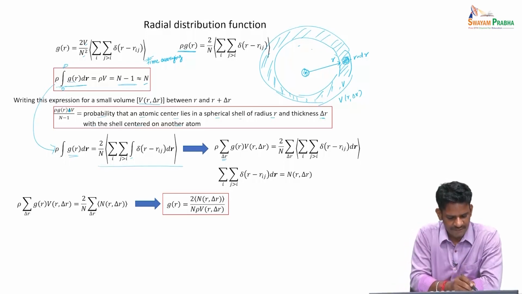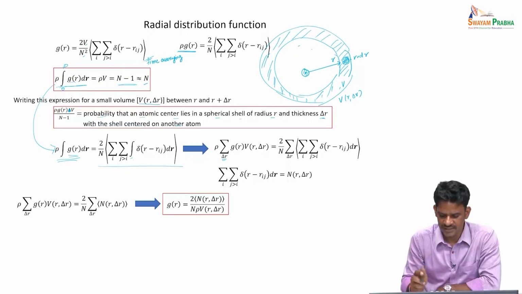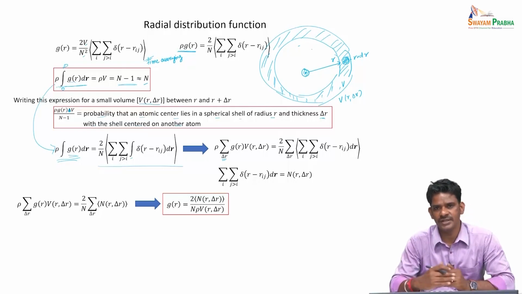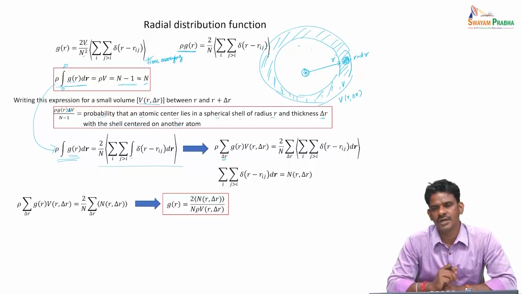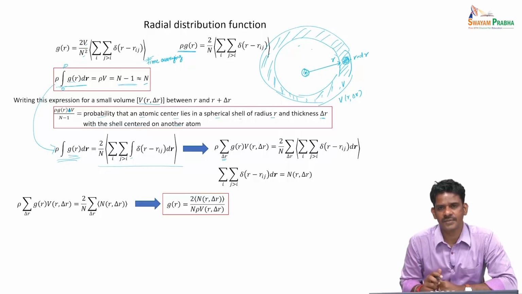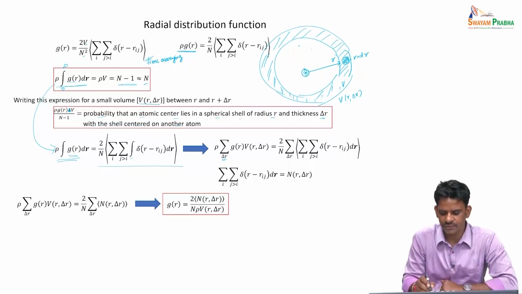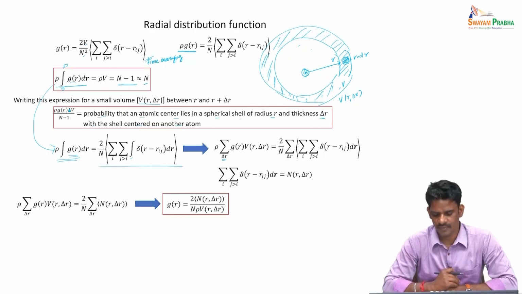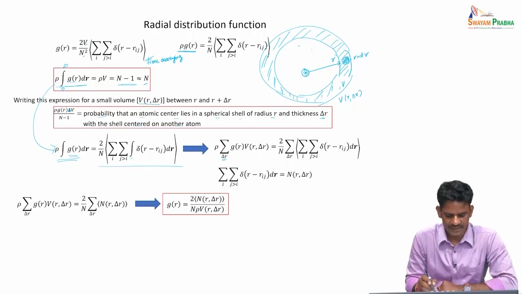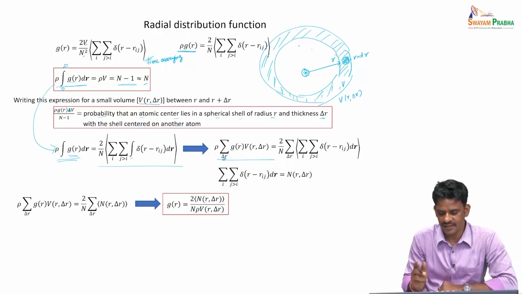So then the left hand side can be written as a sum over many shells of thickness delta r. So instead of doing a continuous integration from r equals 0 to infinity, we take a finite thickness of delta r, and then we sum over all of these. So basically we are writing a continuous integration as a sum of discretized spatial integrations. So we have on the left hand side rho times the sum over all the shell widths of delta r, g of r times v,